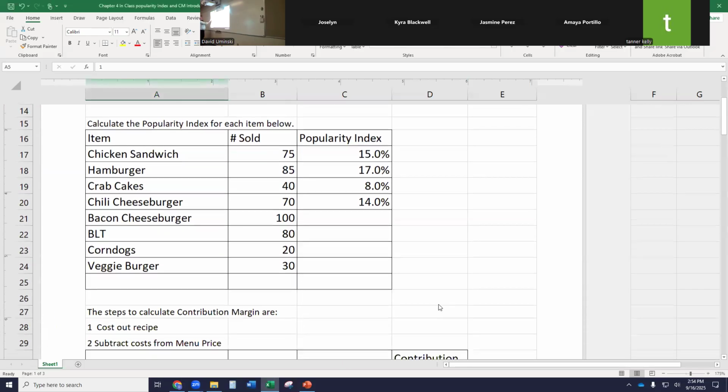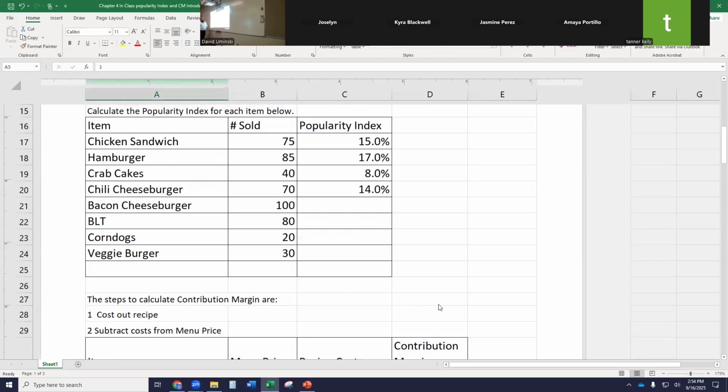So now I have figured out your popularity percentages for you for the first four. The next four you have to figure out on your own. Okay, so what was the first step we have to do? You have to add them all up, right? So take a look at this real quick. I'm gonna highlight these in Excel. And when I highlight them, at the very bottom it says sum of 500. Sum of 500.